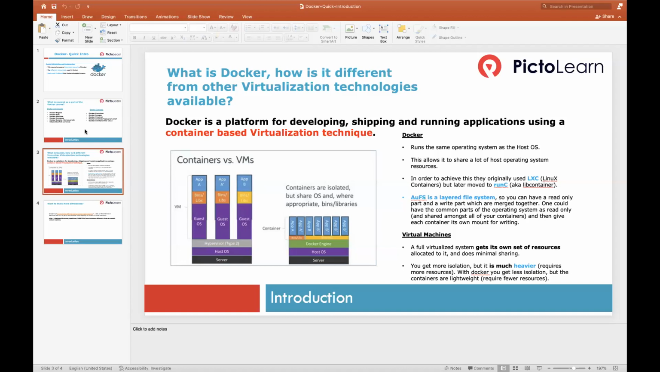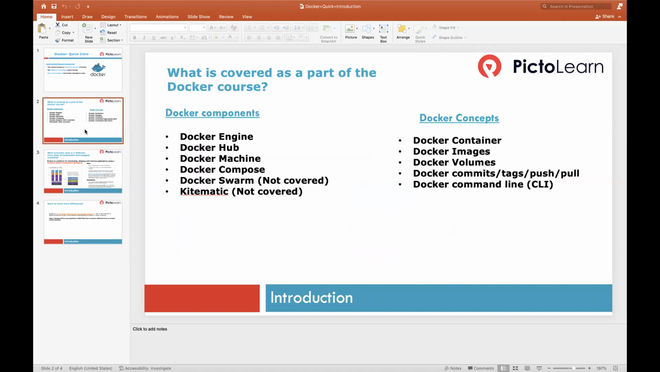Now, as a part of this course, we would be talking about the introduction to Docker from the concept wise. We'll talk about the components of Docker, the architecture of Docker, how it works. We'll also talk about each and every component and what they do in Docker. Not only that, but we will also look over the Docker engine, Docker hub, Docker machine, Docker compose,